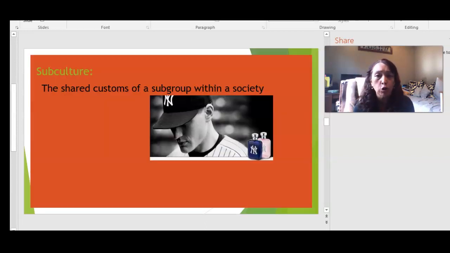All right, a subculture. A subculture is like a culture within a culture. It's a sort of subgroup within society. The easiest way for me to explain this is if you look at high school groups, look at the subgroups within a high school campus: the jocks, the stoners, the skaters, the band kids, the theater kids. Those are subcultural groups. Subcultural groups can also be religious groups. They could be ethnic identities, the Latinos, the Asians. But it's important to understand they're still operating within those larger societies, but then they sort of zone in, maybe have a little bit of different dress, a little bit of different lingo.